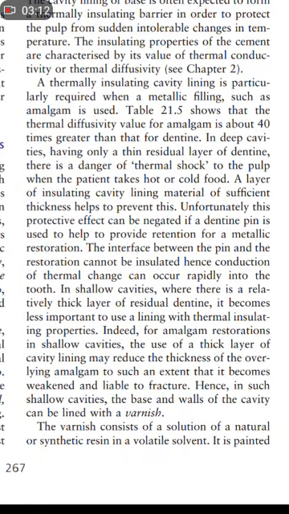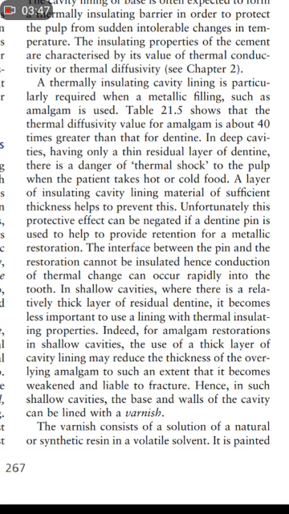A thermally insulating cavity lining is particularly required when a metallic filling such as amalgam is used. The thermal diffusivity value for amalgam is about 40 times greater than that of dentine. In deep cavities having only a thin residual layer of dentine, there is a danger of thermal shock to the pulp. When the patient takes hot or cold food, a layer of insulating cavity lining material of sufficient thickness helps